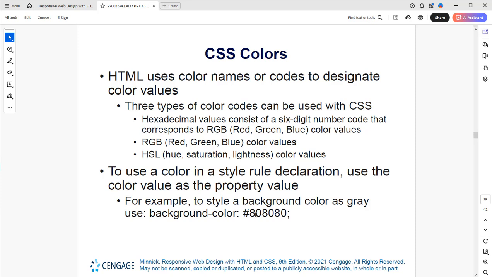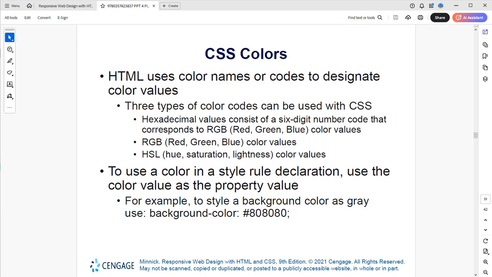So hex is always going to be prefixed with the hashtag, or the # if you want to look at it that way. And there's many websites that, if you have an RGB triplet, you can just go ahead and type that in and it'll convert it to the hex value for you. So hex numbers go from 0 to 9 and then A through F. If they repeat, such as F, F, F, F, F, F, that would be the color of